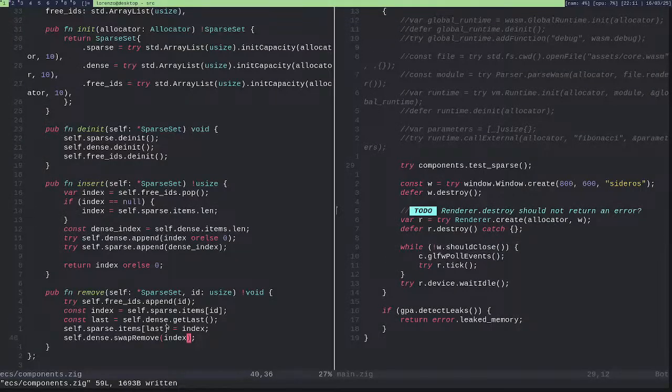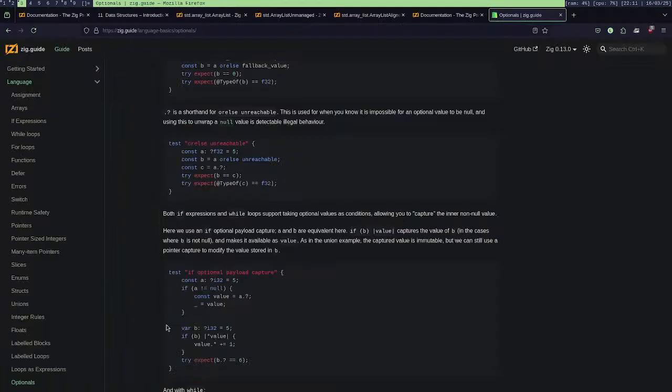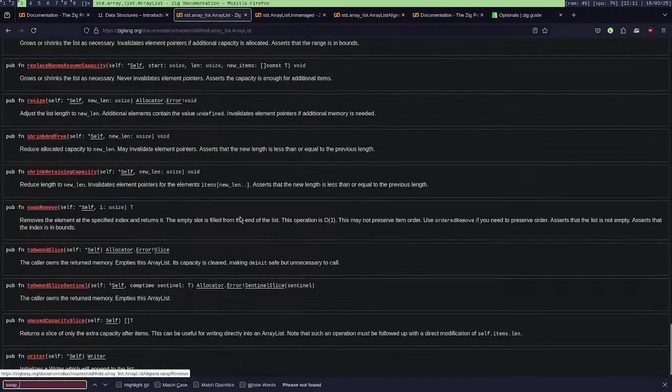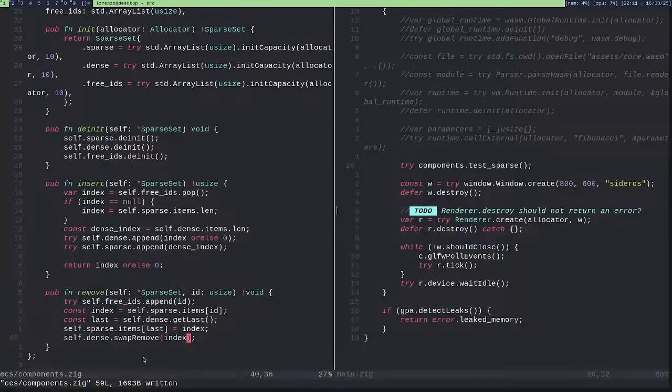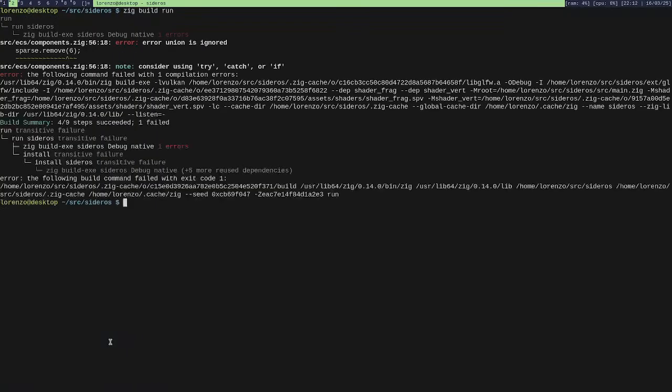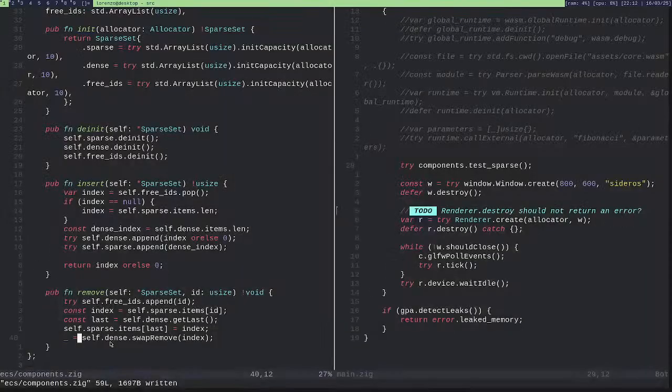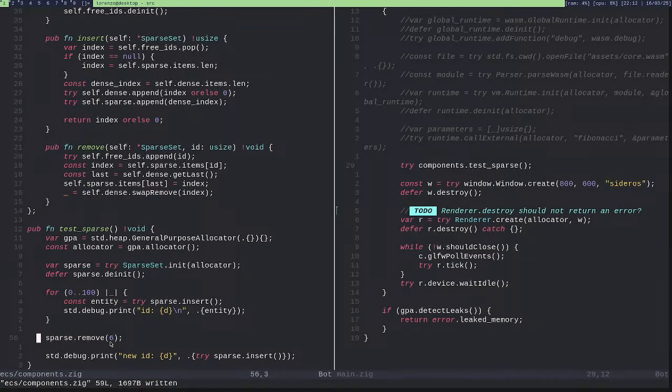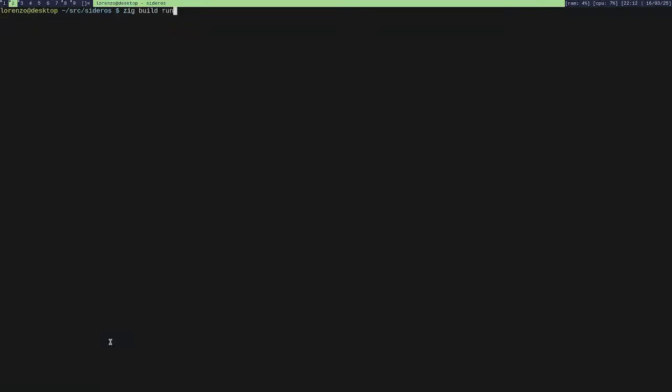And the swap remove returns, what does the swap return? Swap remove: remove the element at the specified index and returns it. Okay. Well, I don't need this. Okay.